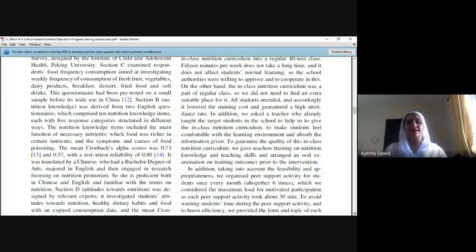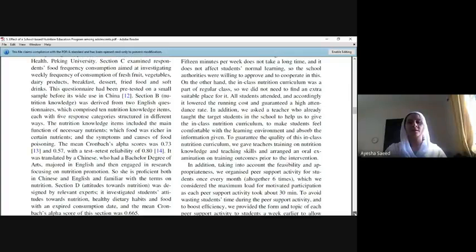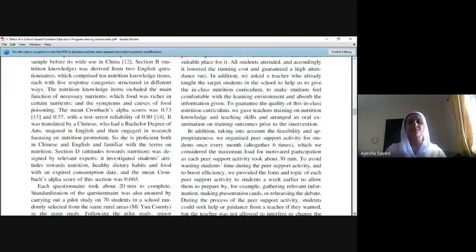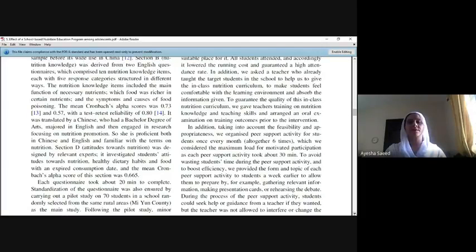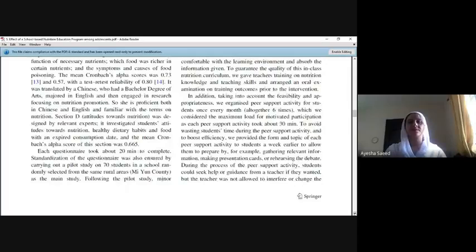Secondly, they organized peer support activities for students once every month, altogether 6 times. This peer support activity took about 30 minutes. To avoid students wasting time and to boost efficiency, we provided the form and topic of each peer support activity to students a week earlier to allow them to prepare by, for example, gathering relevant information, making presentation cards, or rehearsing the debate. During the activity, students could seek help or guidance from a teacher if they wanted, but the teacher was not allowed to interfere or change the